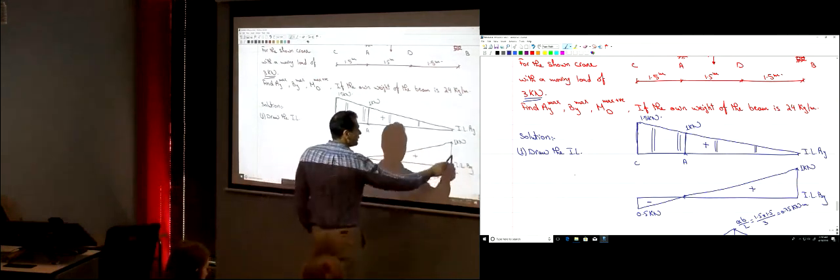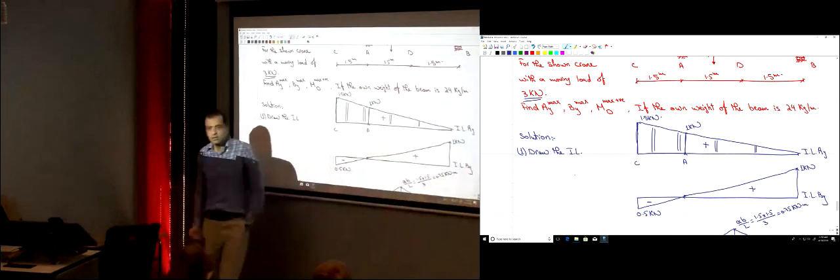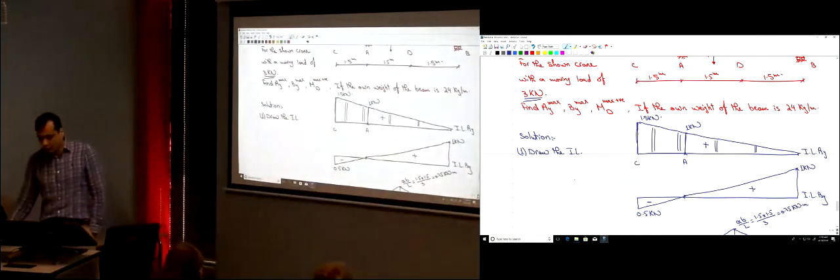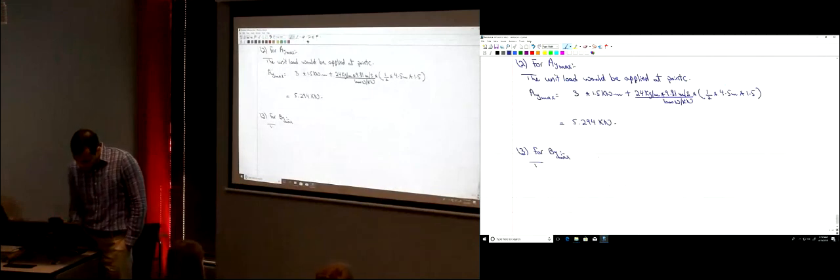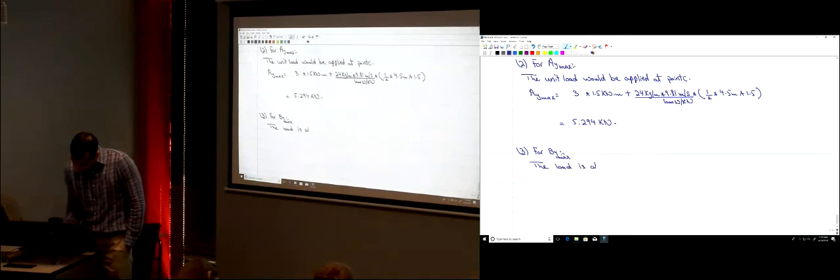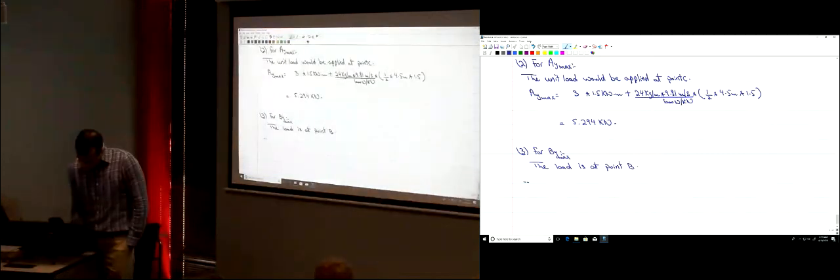Here, point B. That's the maximum height. So that's the point where if the load is applied, BY is maximized. So the concentrated load is at point B. And therefore, BY max is the magnitude of the load, which is 3 kilonewtons,